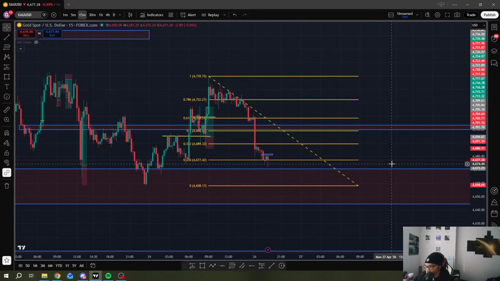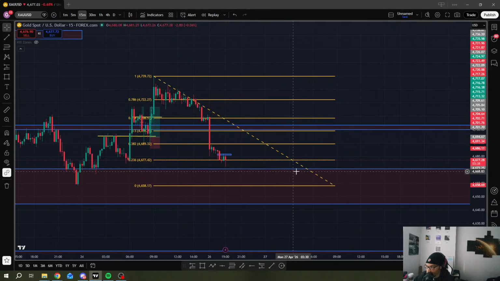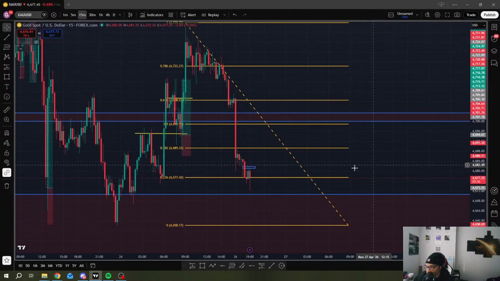See, we're in this area. Nice area. We're looking for price to push way back to this upside here. But we're in this nice little area here. This is a cool little area. So we just need to wait for price to see what it's going to do and then reverse potentially.